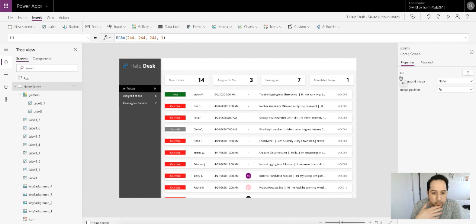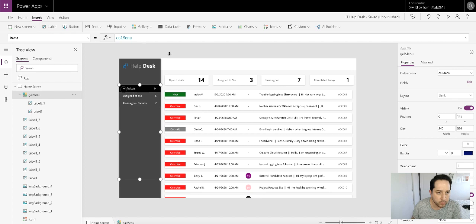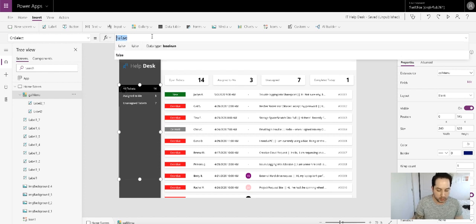So of course I would definitely add a lot more filters here. So it would have all tickets, assigned to me, unassigned, completed today, received today, just to give enough options. And all we're really going to do is every time one's selected, have it update the filter on the collection. And so what I would just end up doing is for my on select, I would say